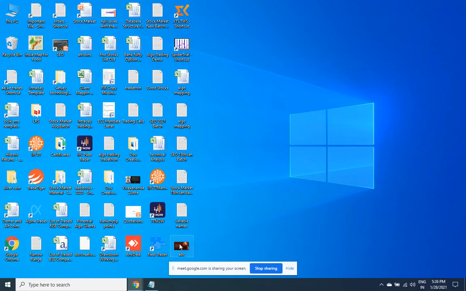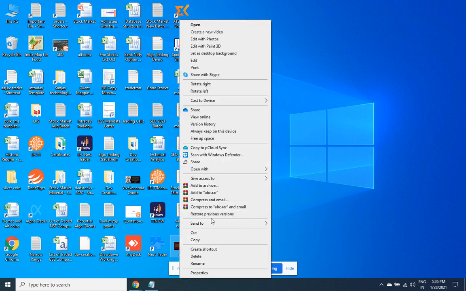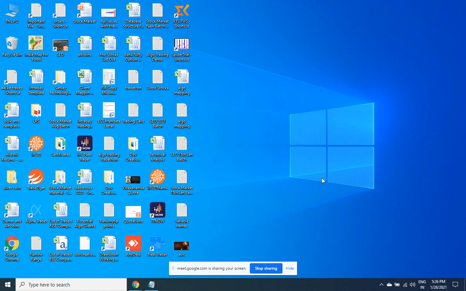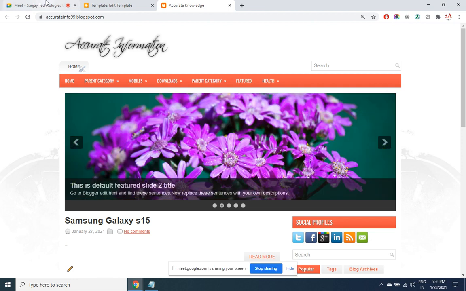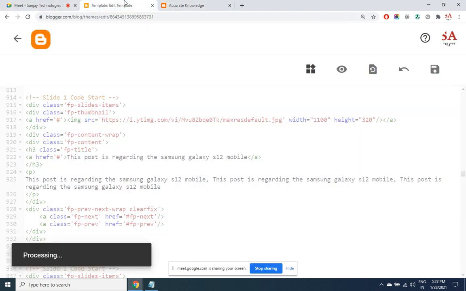Let's say this is the image that I want to have in the slider. I can't copy any image URL like this. Not possible. So you've got to first upload this image into a post. Let's do it. Let's have the Vivekananda image in slide 2.